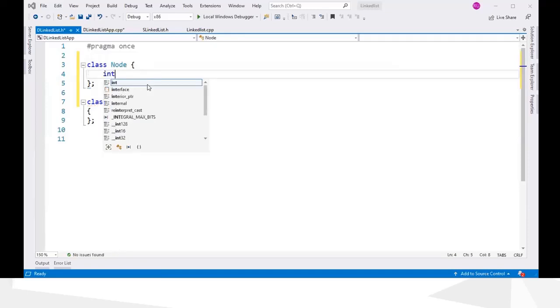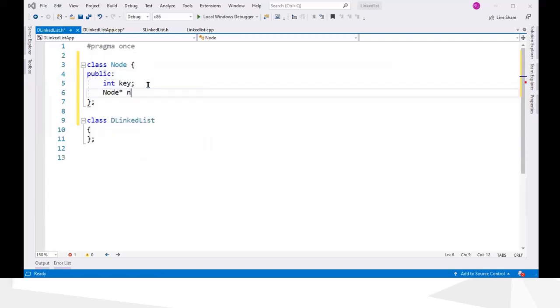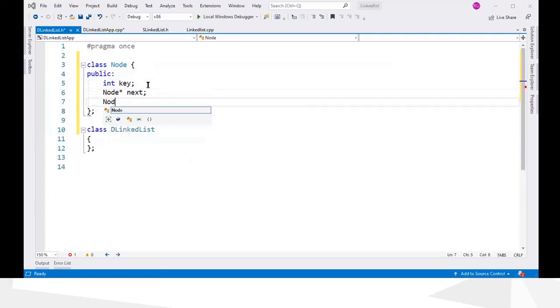So public int key, two node pointers, next and previous.